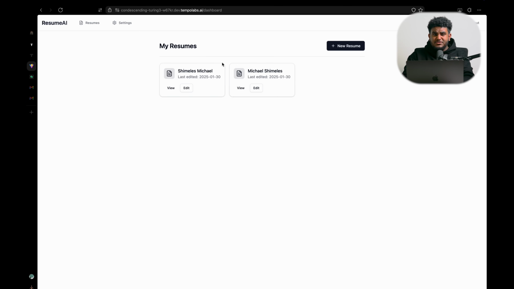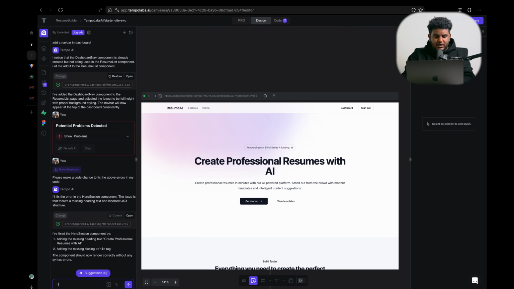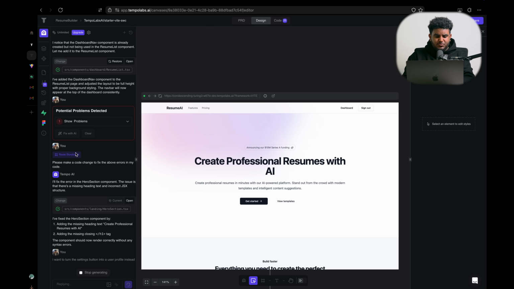Okay, so now just to finish up, I want to turn the settings button into a user profile. So I want to turn the settings button into a user profile instead. And Tempo Agent is smart enough where I think, because I've tried this before and it knew exactly what I wanted,